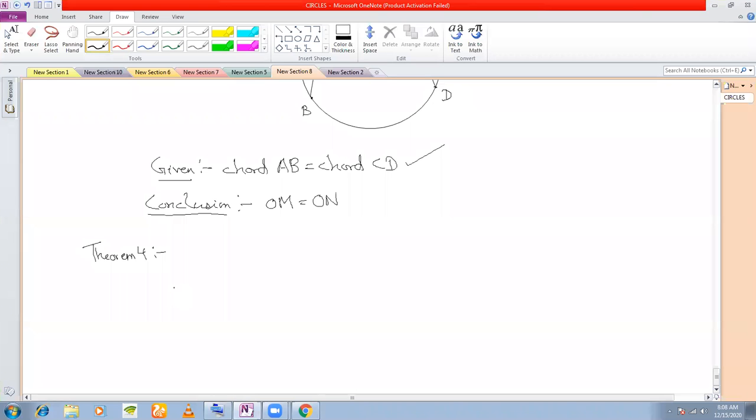Theorem 4 is the converse of this theorem. What does this theorem state? It states that chords of a circle that are equidistant from the center of a circle are equal, just the converse. Chords